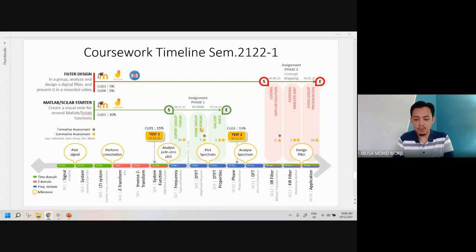The main task is to combine all your individual notes, because everybody should have individual notes. Now you need to combine those notes into one page. If your individual notes are a bit complicated, you need to think about how to simplify them, because now 5 different individual notes need to fit on one page. What will be the end product? The end product is that notes page, which you need to put on Jamboard.